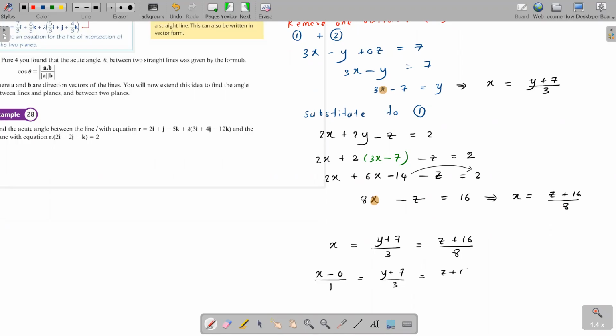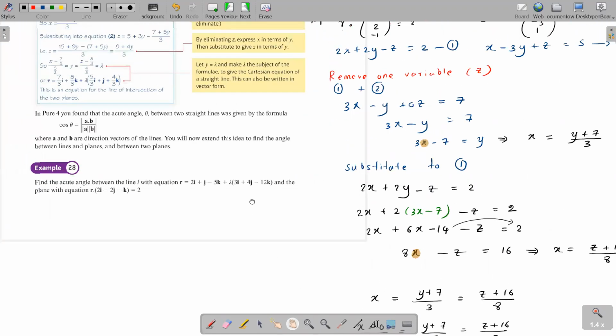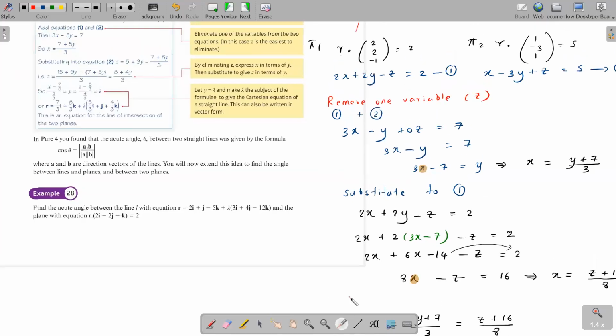So actually there is no correct or right way to do this. Now you can see the answer they have got in the book is a little bit different. Why? Because in their case they got the variable z subjected at the end. So here I got the variable x subjected. In here they got the variable z subject. So all of those answers are correct. You could even have done this and made y the subject in both. If you had done this in a little bit of a different way, even y could have been subjected. So in such a situation, there are 3 possible answers actually.